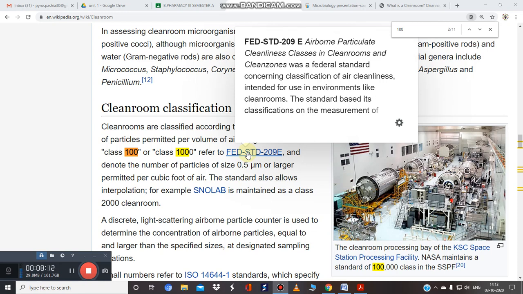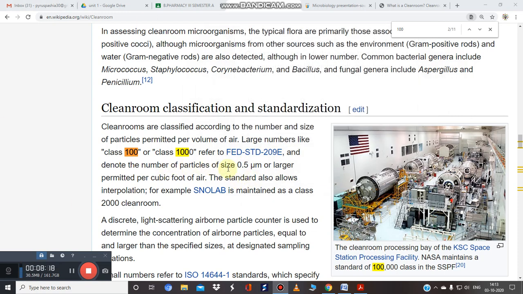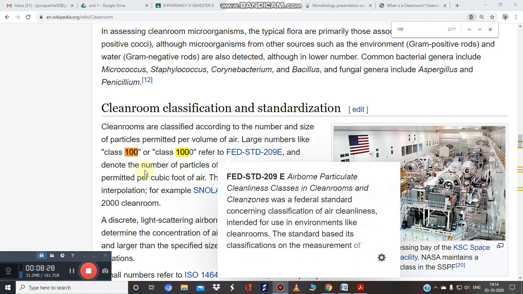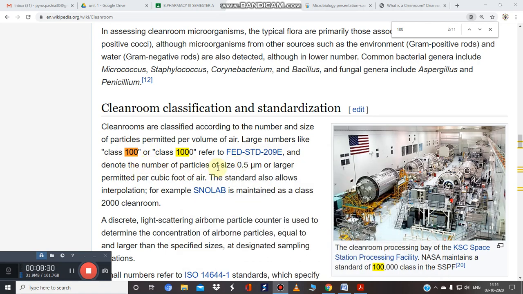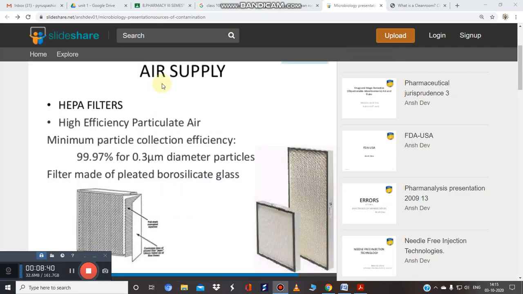We can say that it was a federal standard given by a particular agency, and it denotes the number of particles of the size 0.5 micrometer or larger permitted per cubic foot of air. This is important.